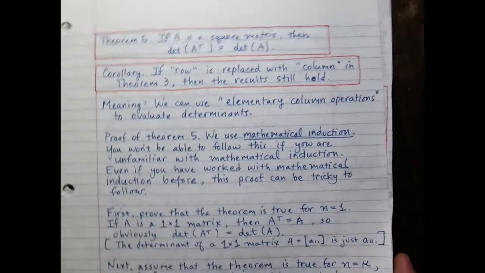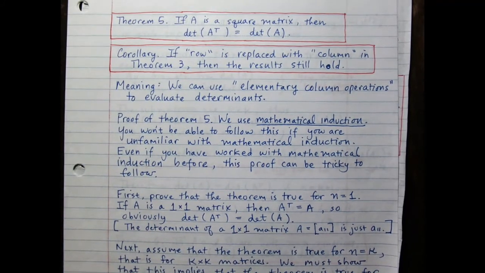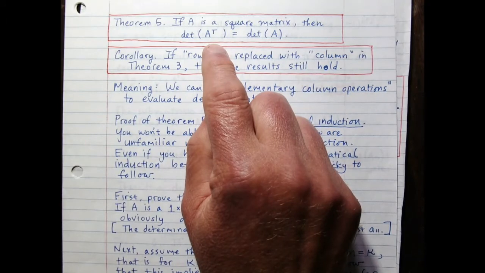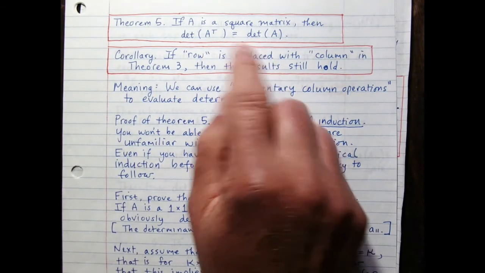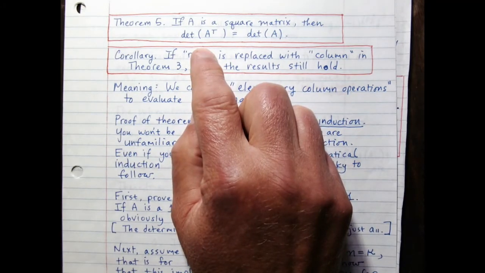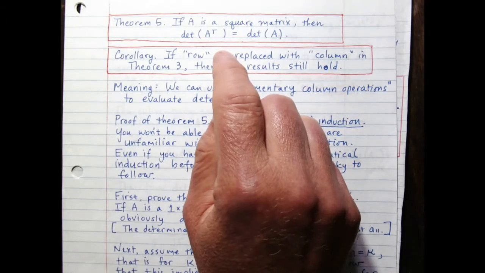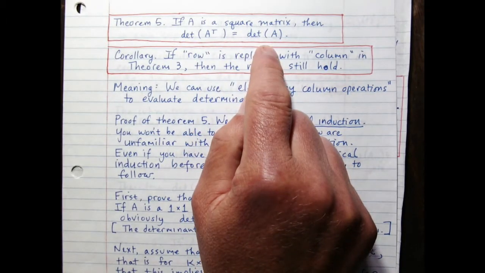Okay, next page, theorem 5. Important, not quite as important, but worth mentioning. If A is a square matrix, then the determinant of the transpose of A equals the determinant of A. We've kind of hinted at that because we said you could expand along a row or along a column, so that the determinant of a transpose always comes out the same as the determinant of the original